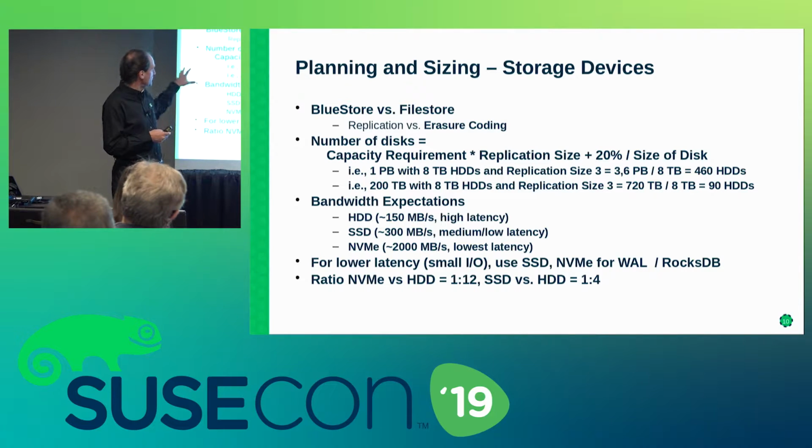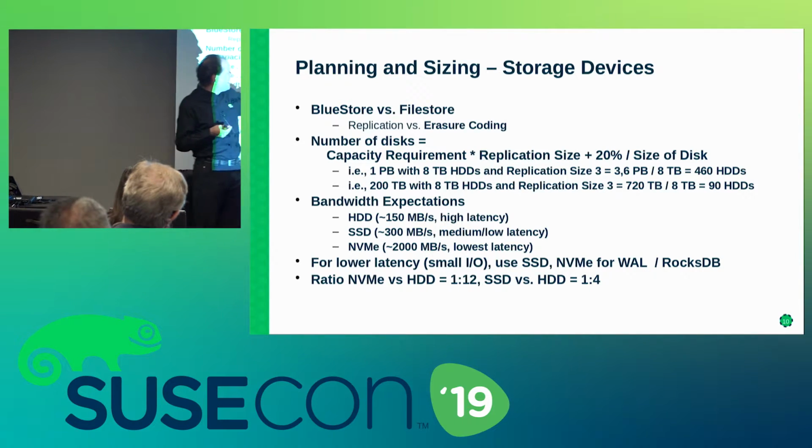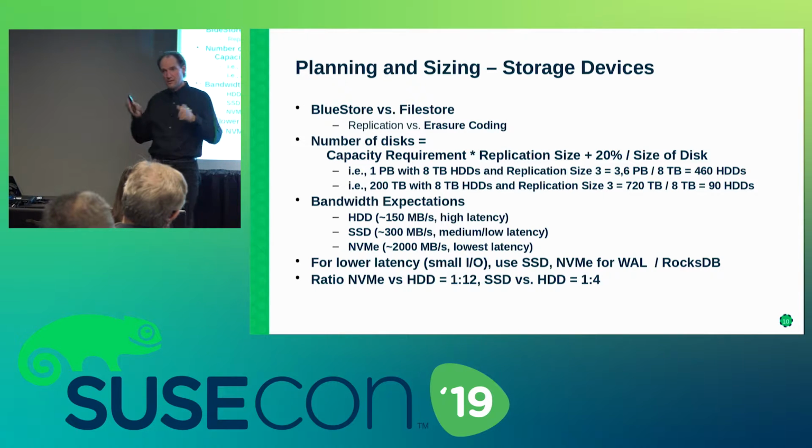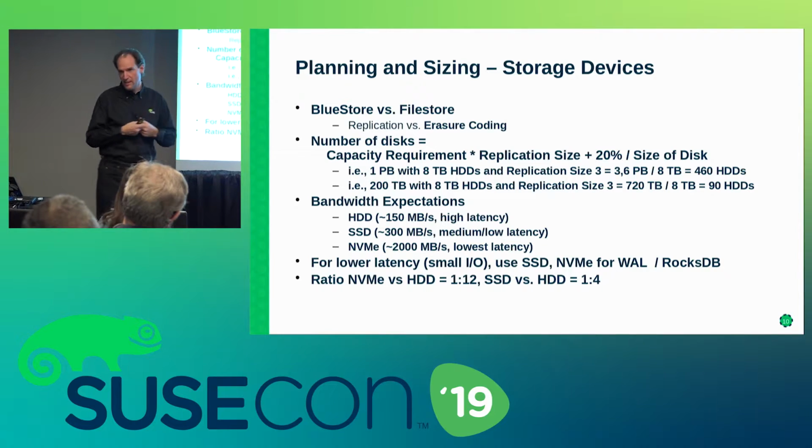So basically, I take the capacity I need, multiply that with the replication size I plan for, add the buffer of 20%, and that gives me the total capacity I need to provide from a disk point of view. With the example of I want to have 1 petabyte, that means I need to have 3.6 petabyte capacity in total so that I can store 1 petabyte